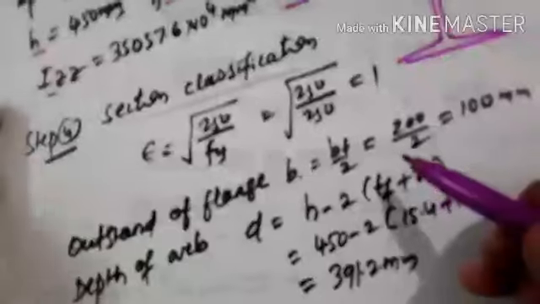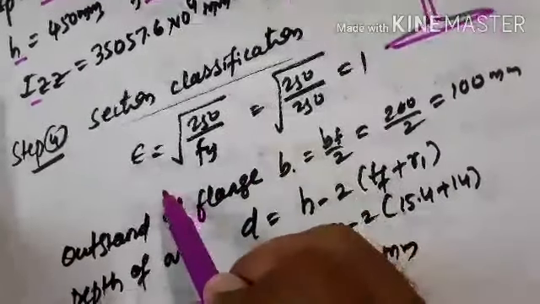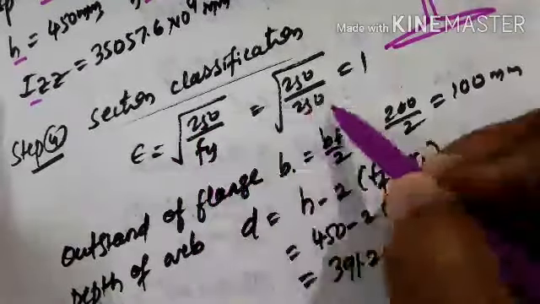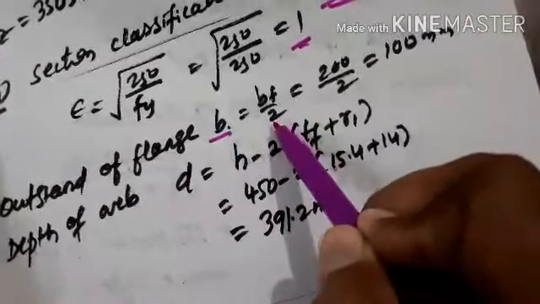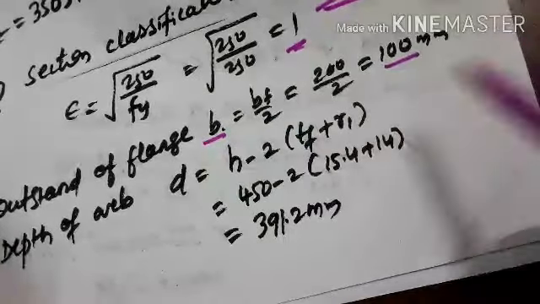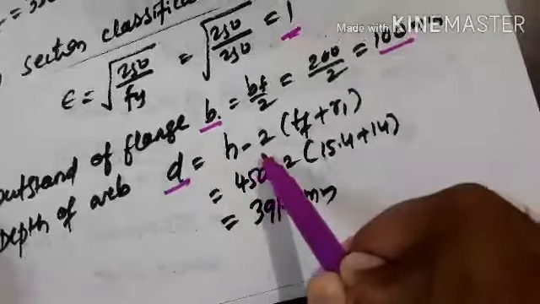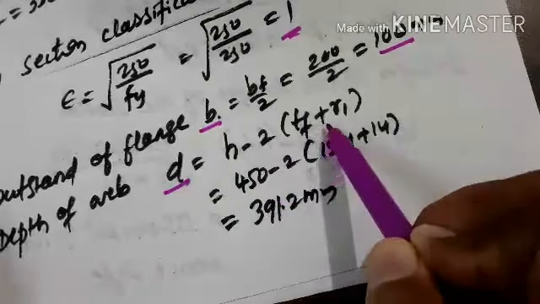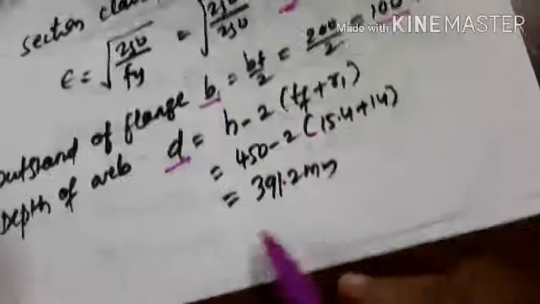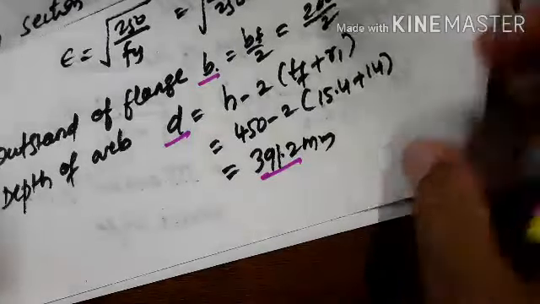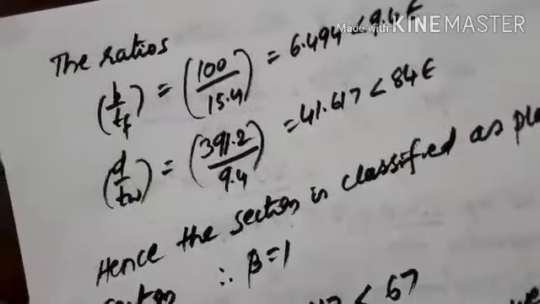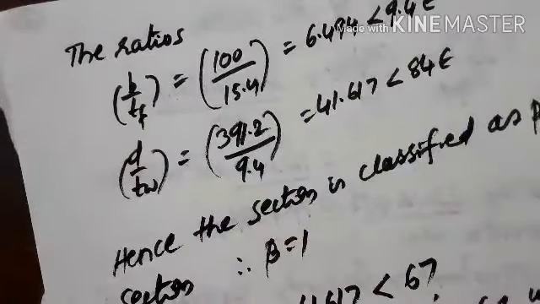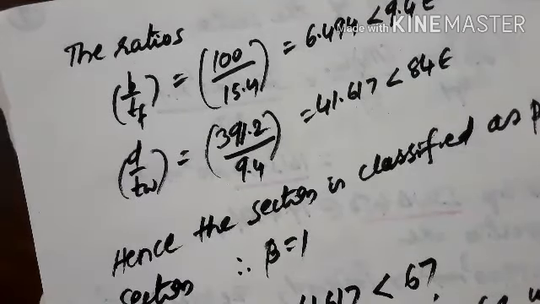Then in section classification, let us first calculate the epsilon value, that is the root of 250 by Fy, and we get 1. Then the outstand of flange, as per the code, is half of the flange width, which we get as 100 millimeter. Then we calculate the depth of web, that is H minus 2 into bracket TF plus R1, and we get 391.2 millimeter. Then calculate the ratios. Based on these ratios, we can classify the section as plastic, compact, semi-compact or slender,